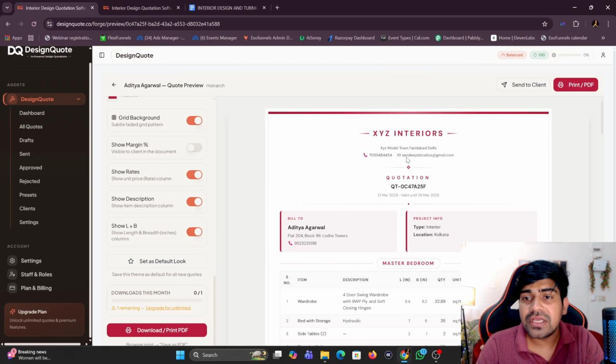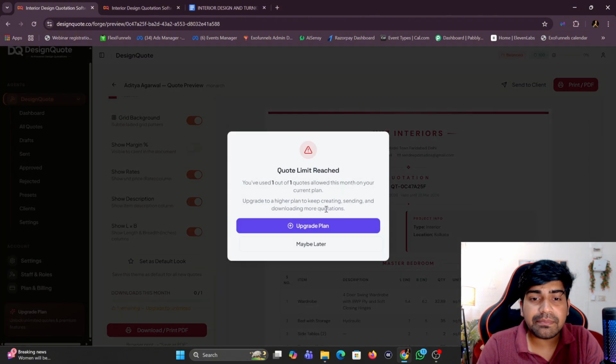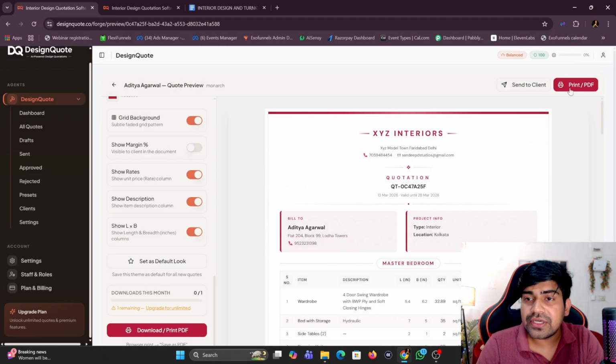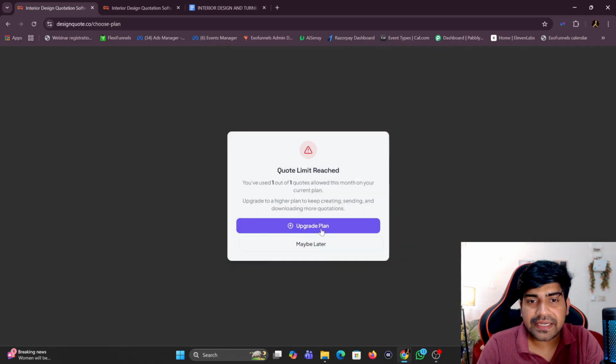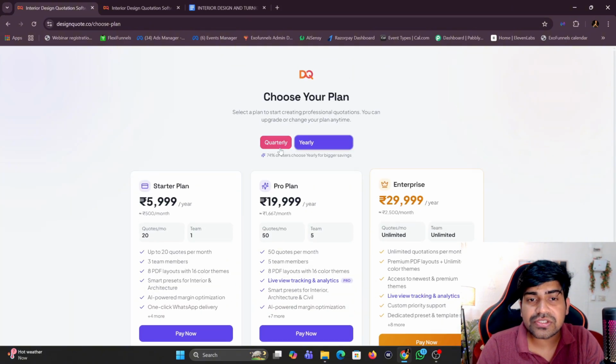Now you can do two things: either you can download it, or you can send it to the client on their WhatsApp immediately. So when you click on this print in PDF, you can upgrade plan, or see, you have used one quote allowed for this month, or maybe later. Okay, right now what you can do is, one, you can download it. Suppose upgrade plan it is showing. So what you can do is you can,